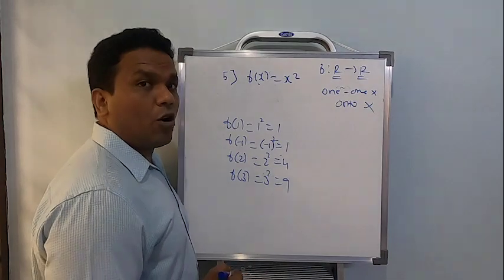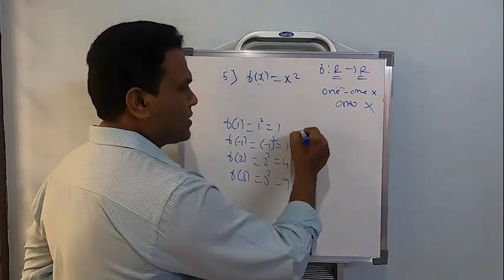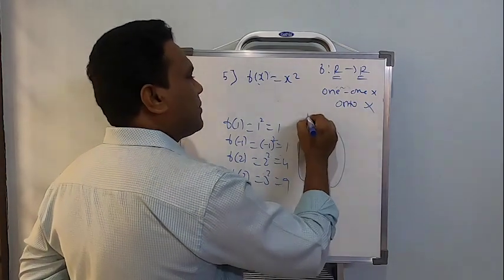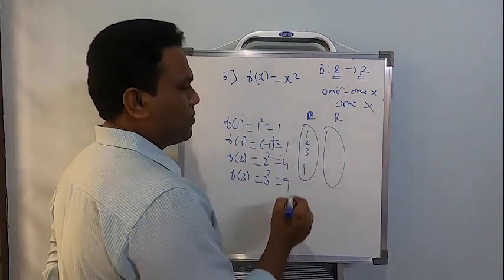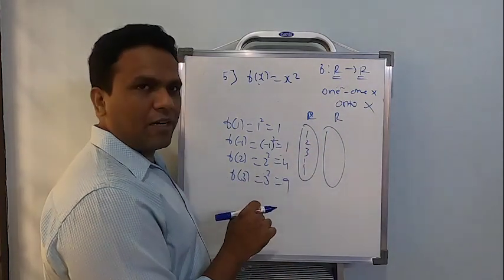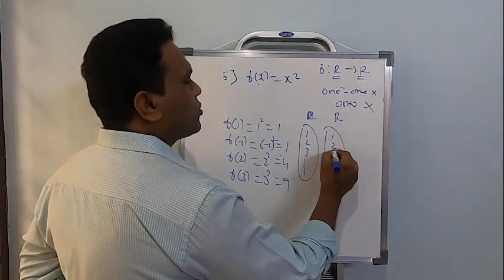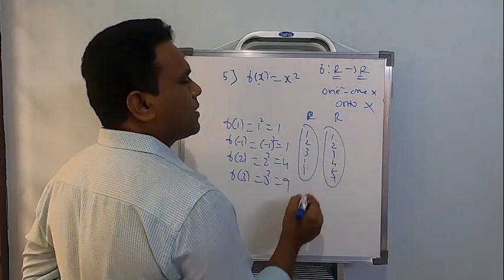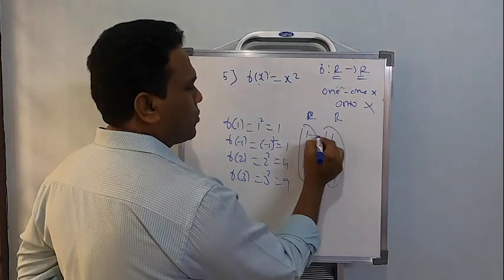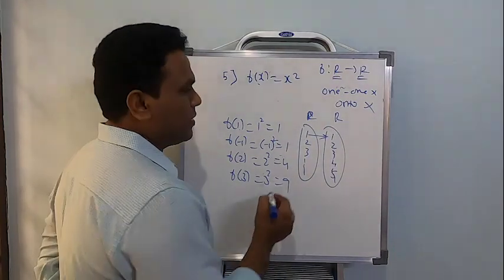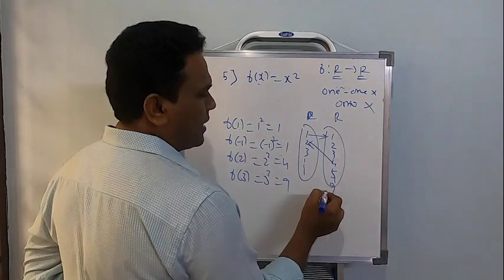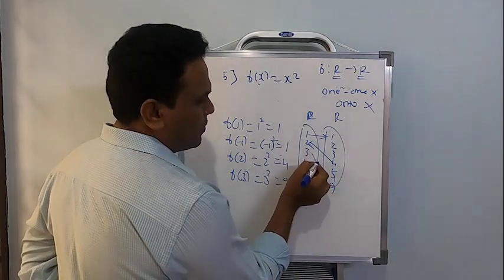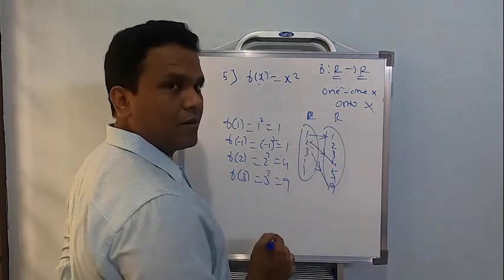Now, if I collect all the images, or if I just write an arrow diagram to understand the meaning, real numbers to real numbers, 1, 2, 3. There are many actually, all the real numbers. I am writing a few, that's all, right? So here also 1, 2, 3, 4 and so on, right? So according to this, 1 is image of 1, and the next one is what? 4 is image of 2, and we have a 9 here, so 9 is image of 3, correct, right?